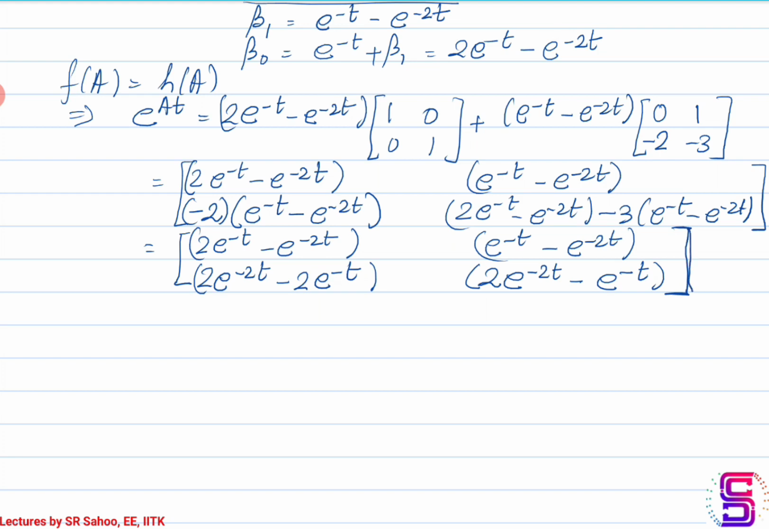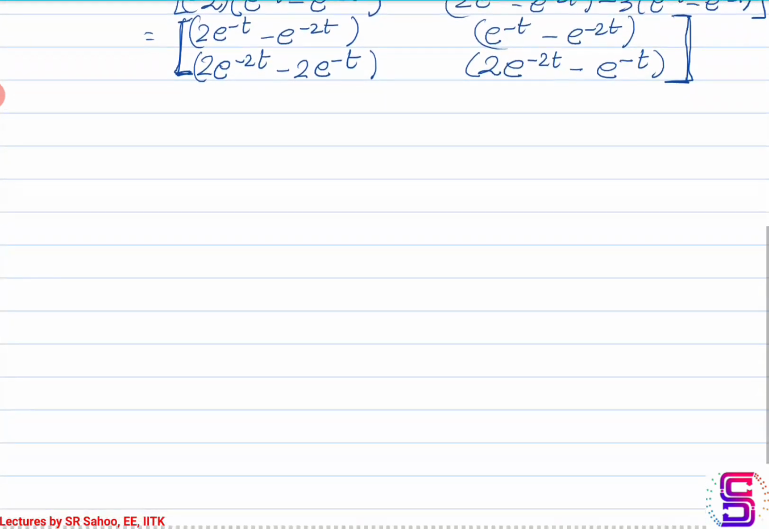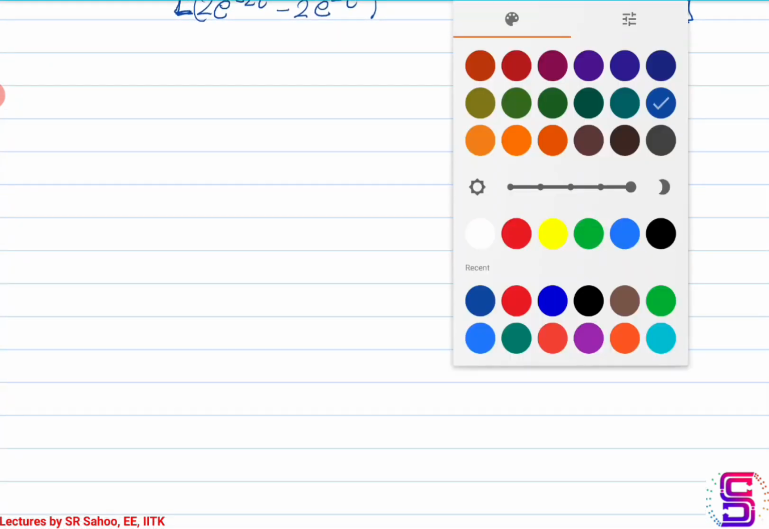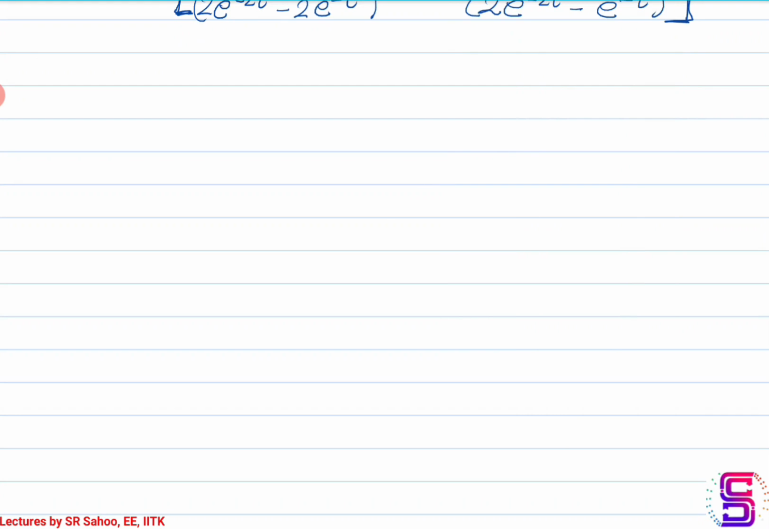So this is what e power At will look like when A is 0, 1, minus 2, minus 3. Okay, now let us take another example, and this time we'll consider A which is of the form 0, 1, minus 1, minus 2. So the characteristic polynomial in this case is